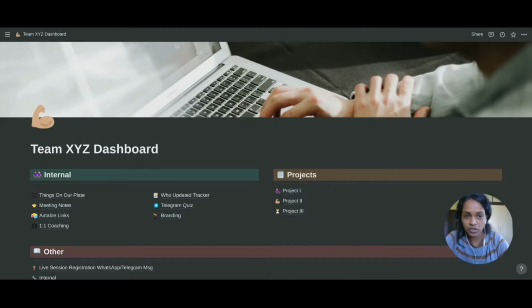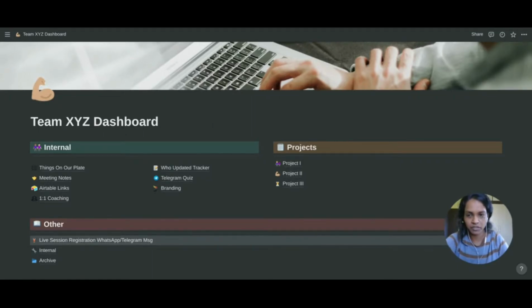I created some sections so I could broadly divide everything that goes into the business. The dashboard is not overly crowded, and we are just a two-person team, so this works for us. On the left-hand side, all the internal things are organized, which both of us need to access. The top right section is to maintain the projects that we work on from time to time, and then we have a section called Other, which is for everything else unrelated, and it's just used by me to save some of the message templates, email templates, formulas, that kind of stuff.